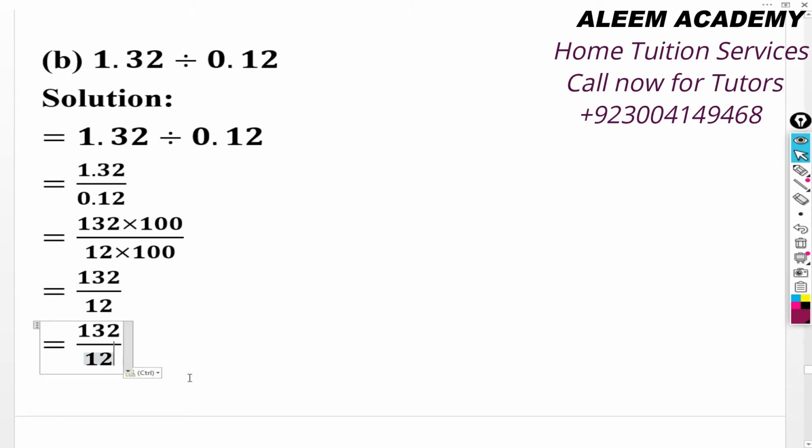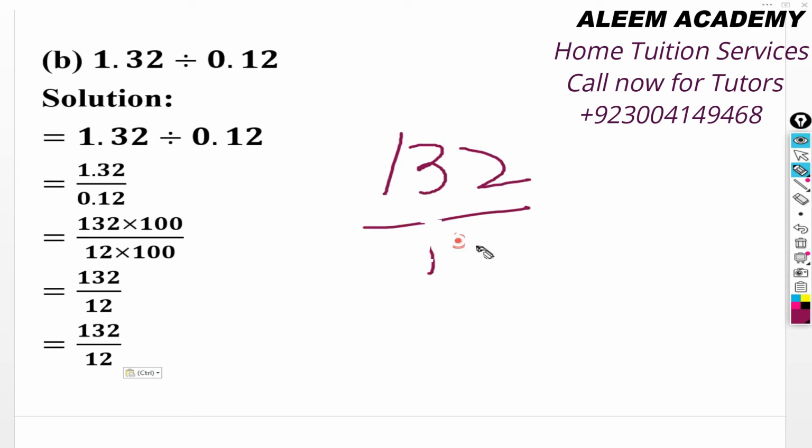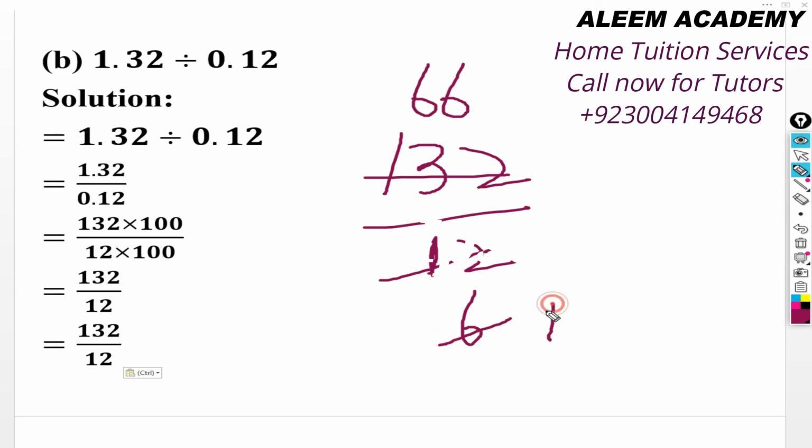Okay, now just simply cut them on the same table. So we can cut them here. 132 divided by 12. If you do not know the table of 12, no need to worry, just divide them on the smallest number. Divide them on 2. 2 6s are 12, and 2 6s are 12, and 1 will be remainder, and 12, 2 6s are 12. 6 ones are 6, 6 ones are 6. 11 will be your final answer.